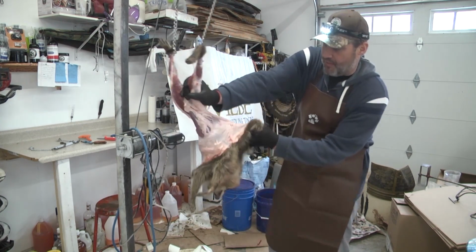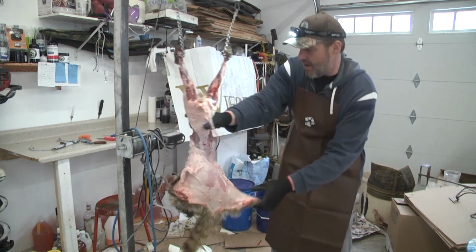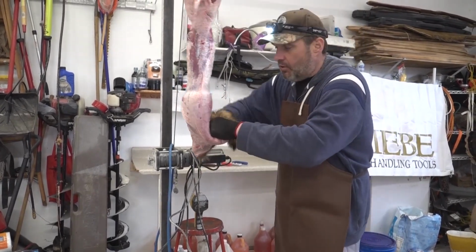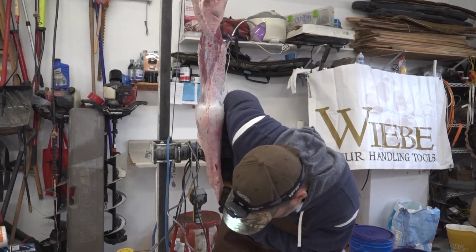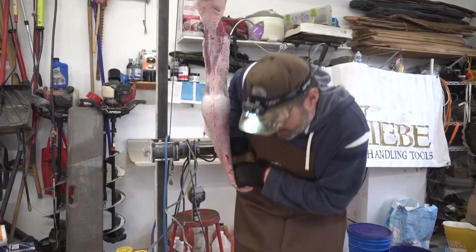The hide will come off a lot easier when you have a warm coon, but it's not too bad. And you're just pulling this down. Just take that tail, wrap it up in, grab the hide, roll it a little bit, and get some more pressure. And you can see that pulls it down even more. And you can do that continuously